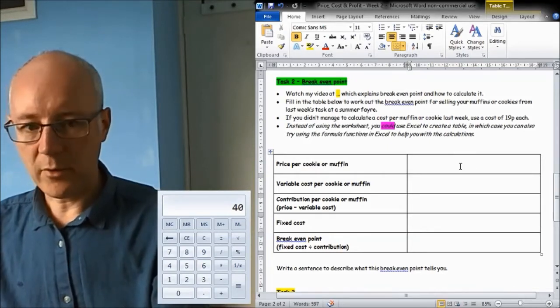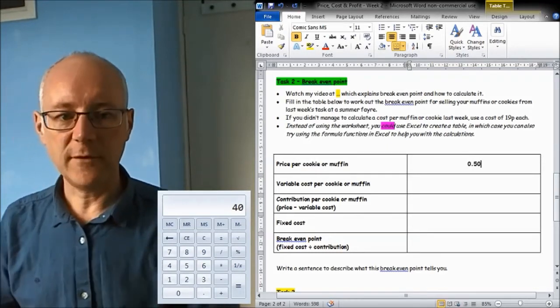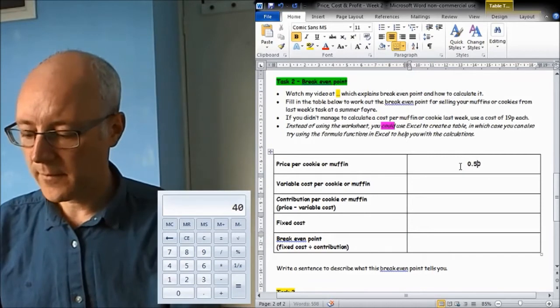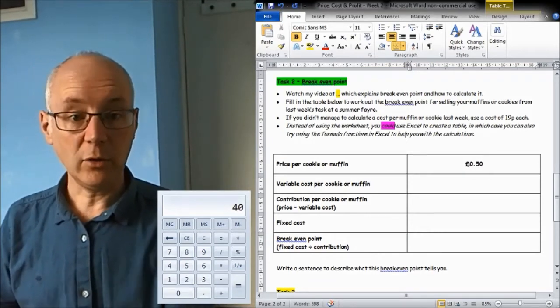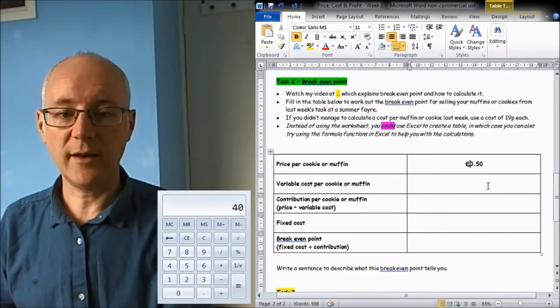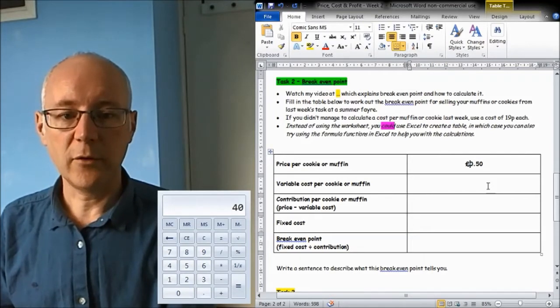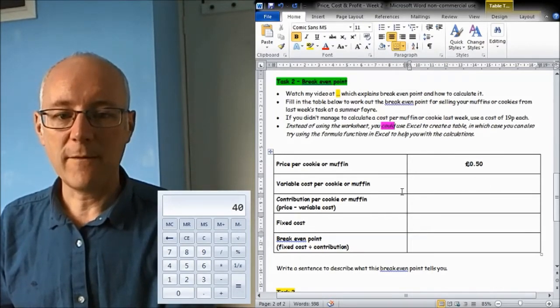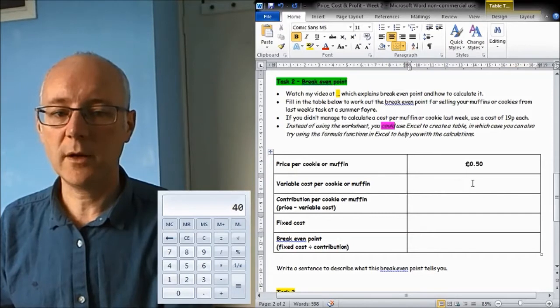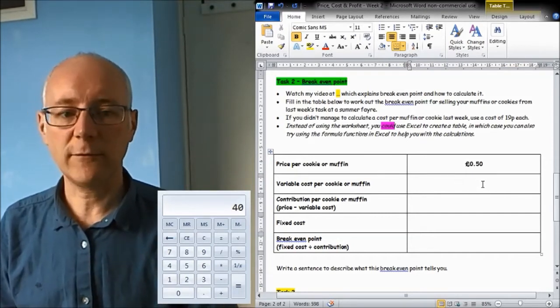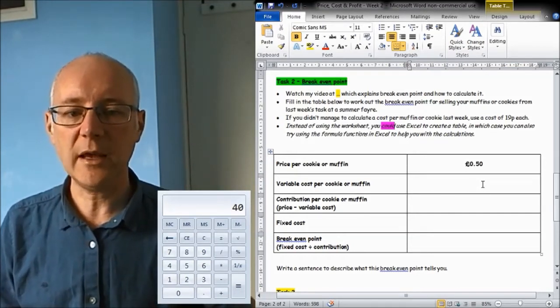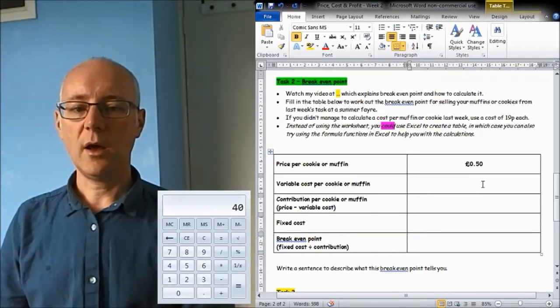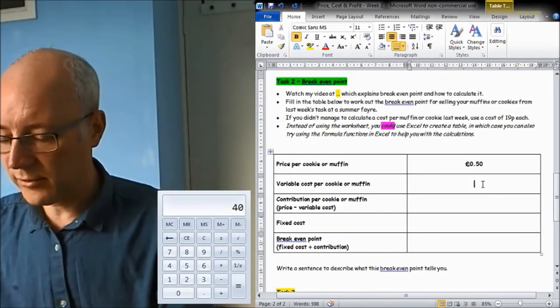So if you remember from earlier, that was 50 pence per cookie. For my example, you'll have a different price based on what you've decided on your price to be. So I've got a price of 50 pence, and then the variable cost per cookie or muffin. Remember, that's essentially the cost for ingredients. That's the cost that's going to increase the more cookies I make. And that for me was 13 pence or